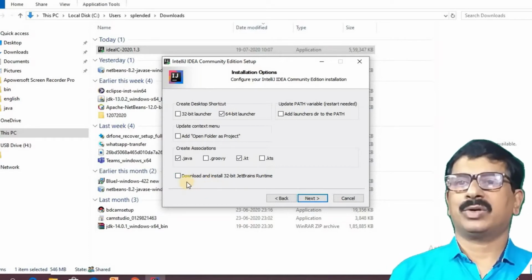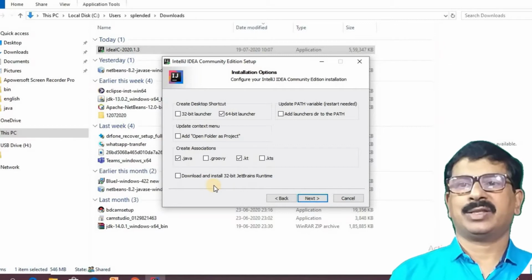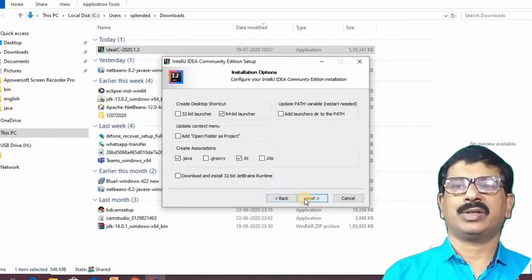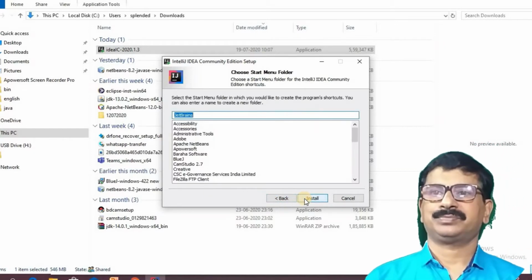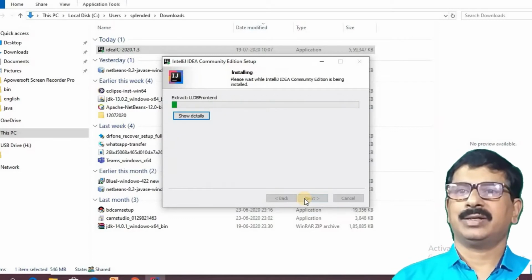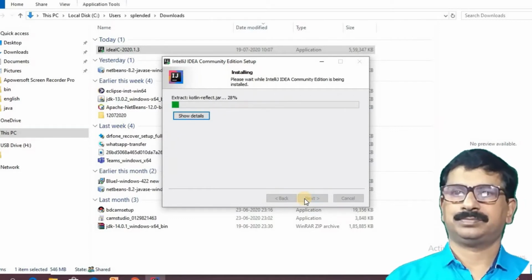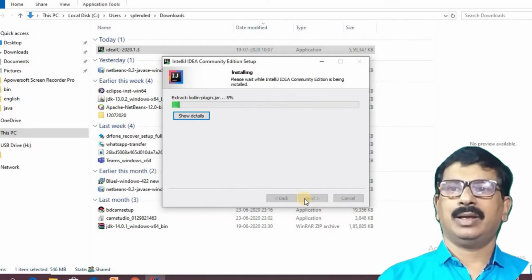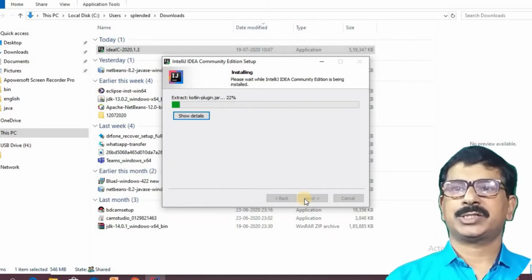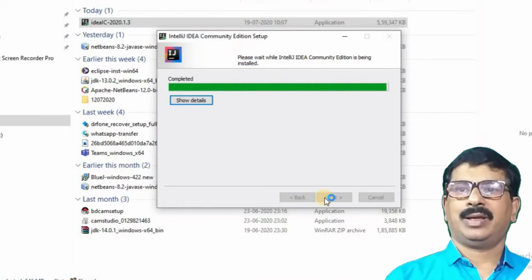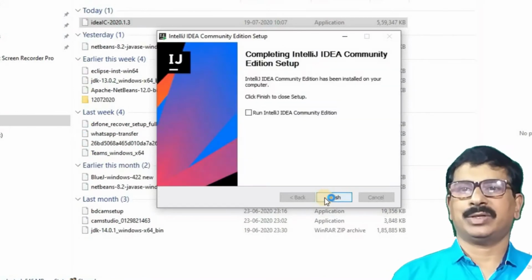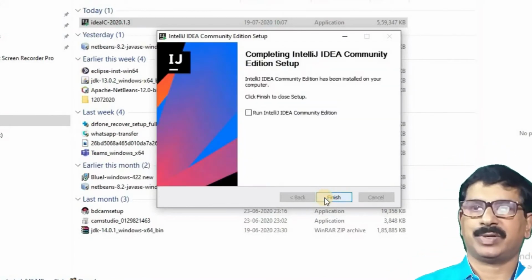Even you can download the runtime environment. It's not necessary now. Just click on the next button. And then it shows the installation. Presently the installation is going on. And when the installation is over, then click on the finish button.